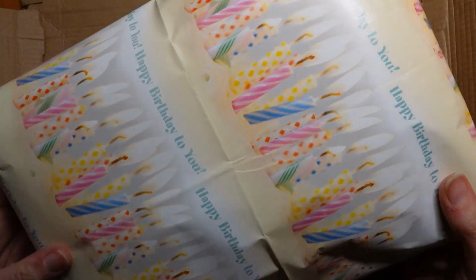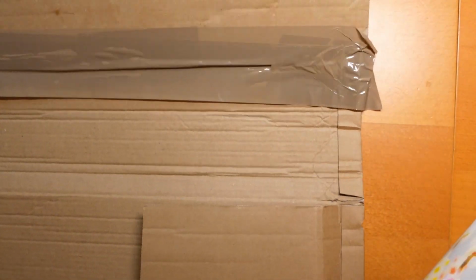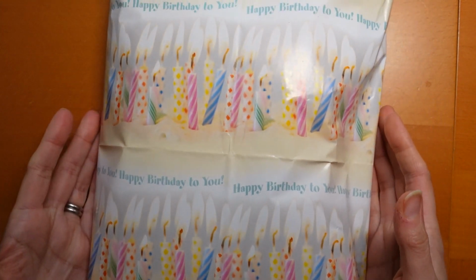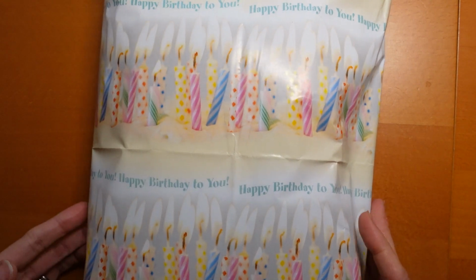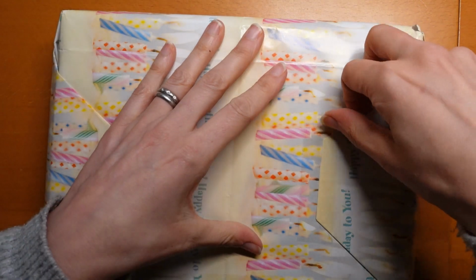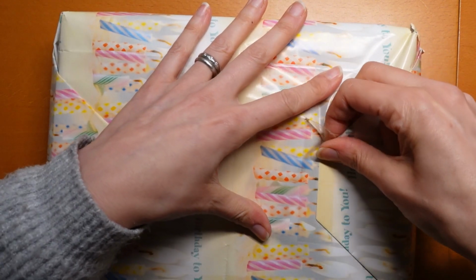So here it is, beautifully wrapped. Look at that, happy birthday. Oh, so kind. And as I say, I know that it's from Sharon, so I'll say thank you, Sharon, as I open it. But here we go, and we shall have a look. I can tell there's lots of different bits and pieces inside, which is very exciting. And we'll